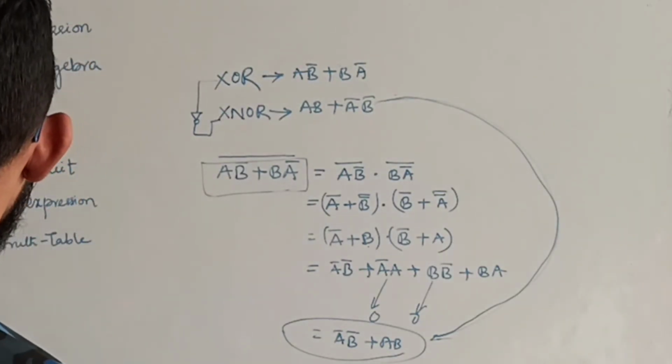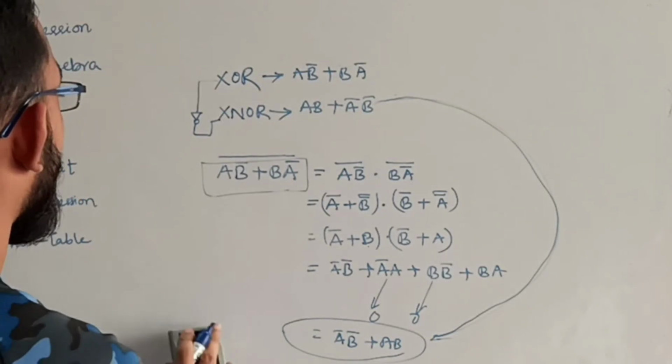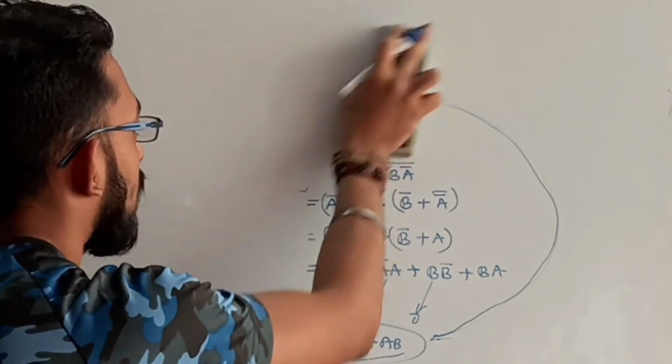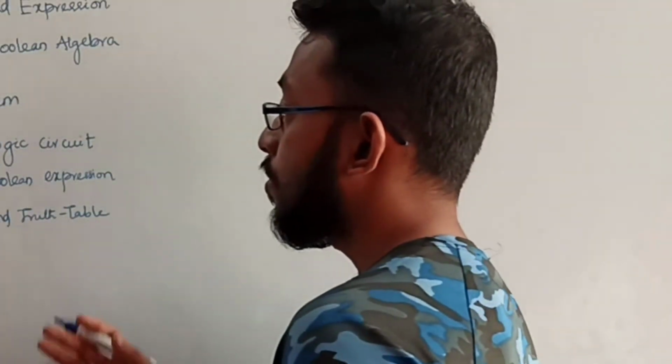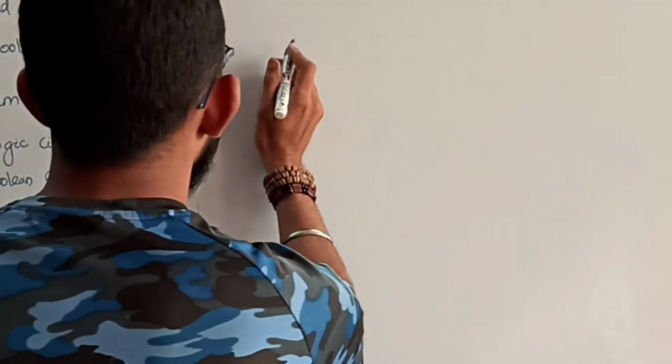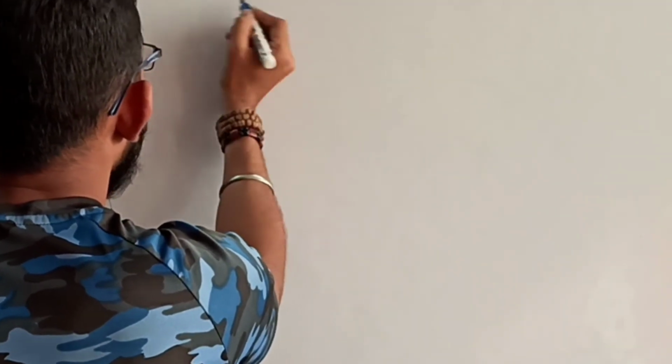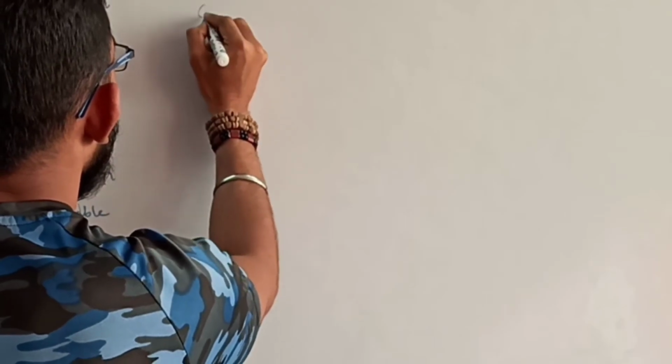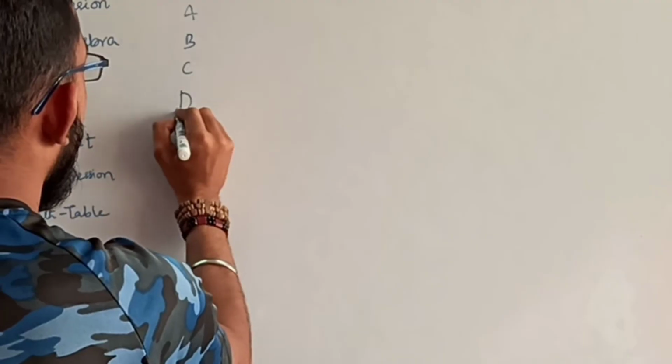Okay. Now let's see this Boolean analysis of logic circuits. In this Boolean analysis, a logic circuit is given. From that logic circuit, you have to write the Boolean expression. It means suppose a logic circuit is given in this way. Let's take A, B, C, D as my 4 inputs.